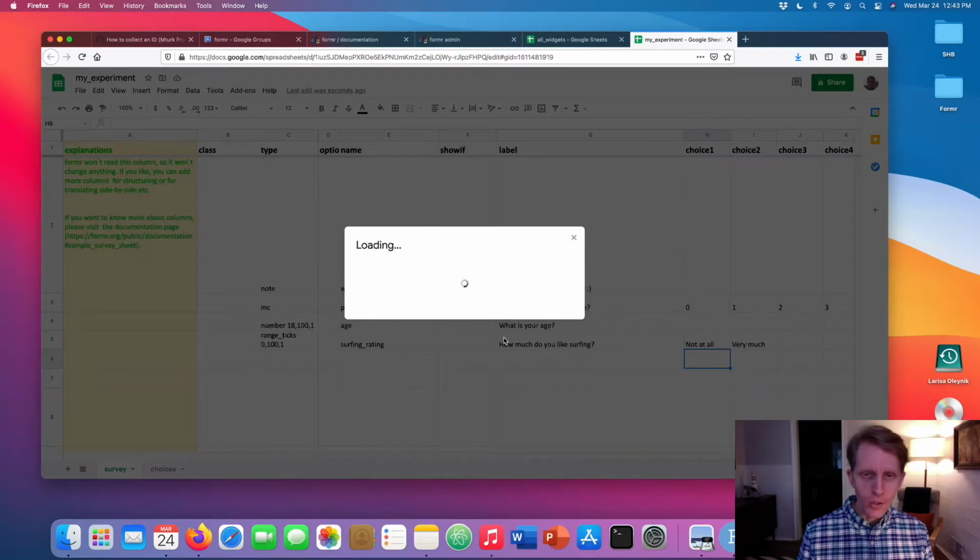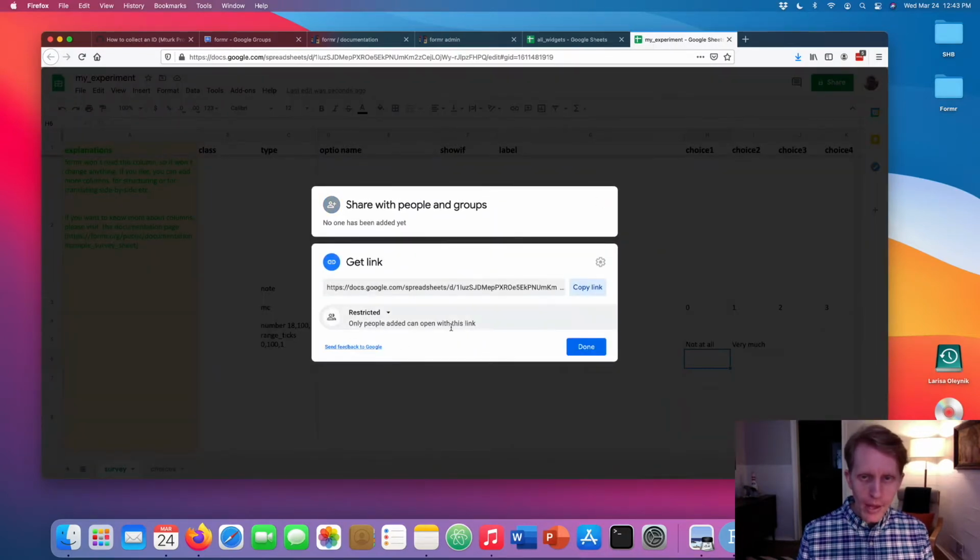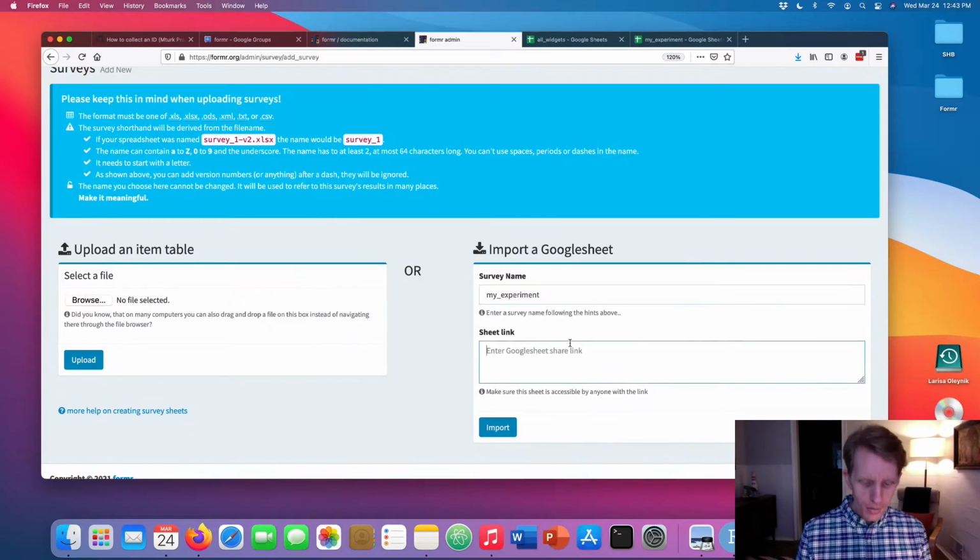So to do that, we have to share the Google Sheet, and we want to make sure that anyone with the link can view. We'll copy the link, and we will go in here to share it, import,